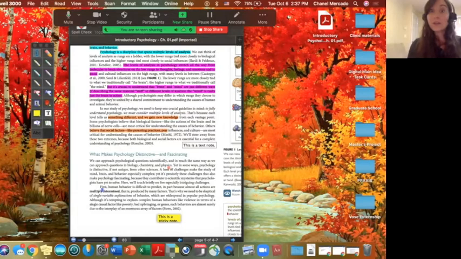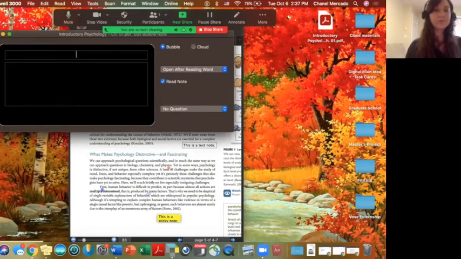A really interesting feature that the Mac version of Kurzweil has is this bubble note. This is particularly helpful if you have maybe questions or an assignment that's linked to the reading that you're doing. So I'll select this bubble note icon and highlight this word. This pops up with a window where I can write a question or a title up here in this first part, and then below I can write other relevant information. I can also select it to read the note if I wanted to, or I can have it not read the note at all.